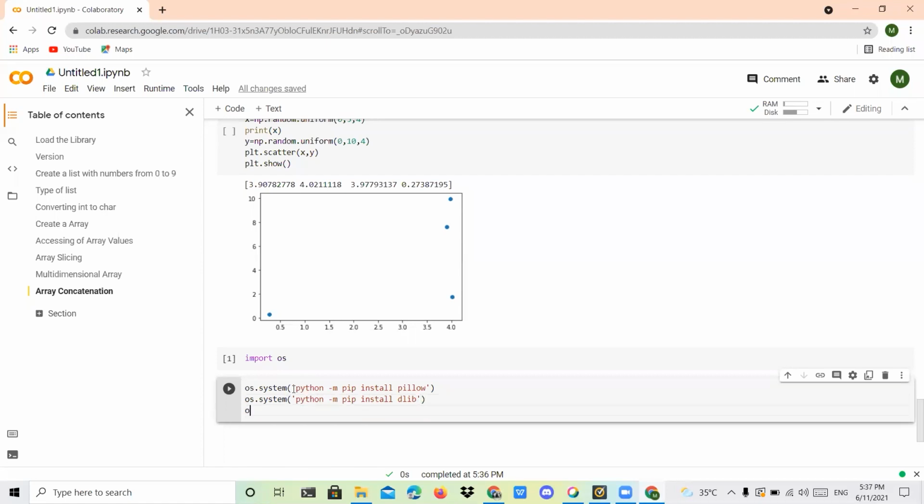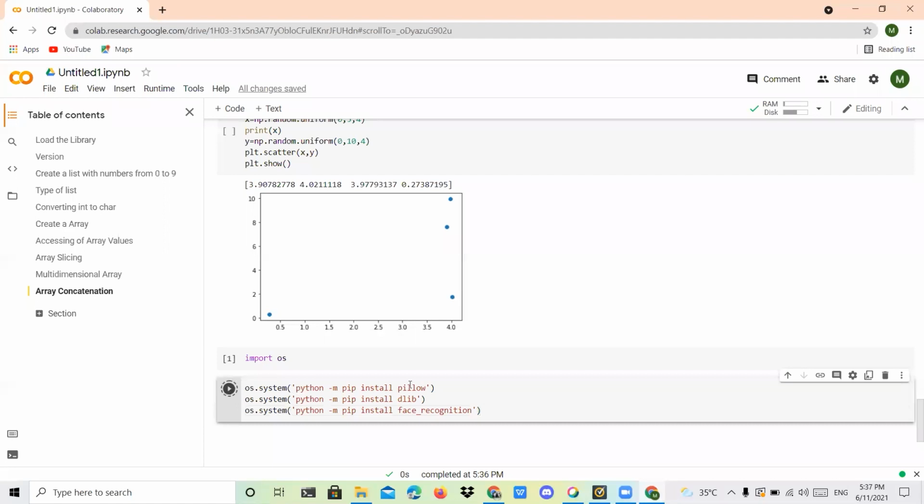The third library is os dot system, Python -m pip install face recognition. This is what we are going to see today. This is how to include the library.